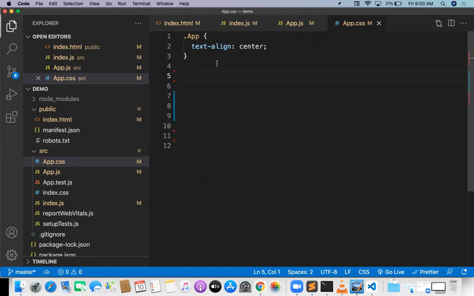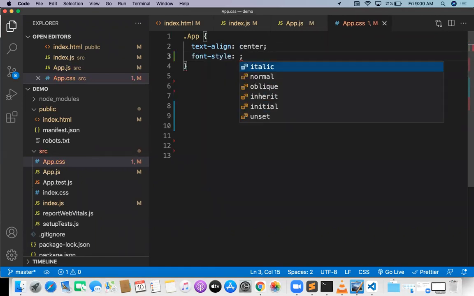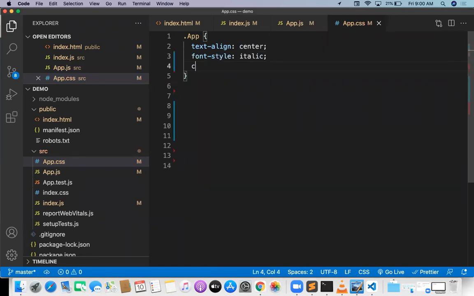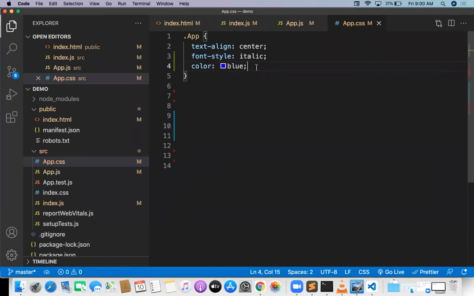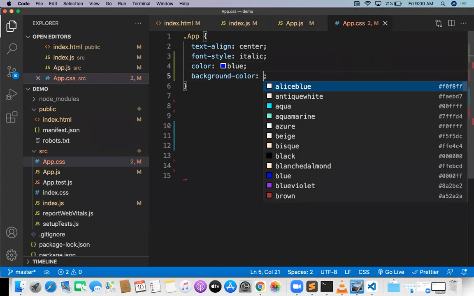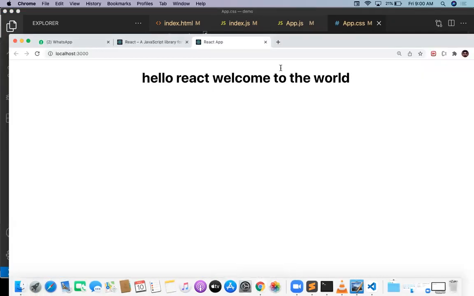Only app related CSS: text align center, and font style. This is basically normal CSS. And color should be something like blue. I need a blue color, and background color I want to go with something like, yeah. So I just want to change the app.css and you make it a refresh.